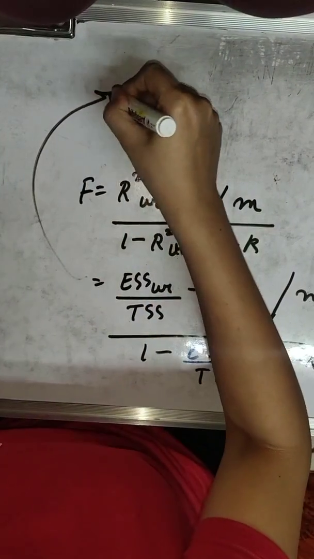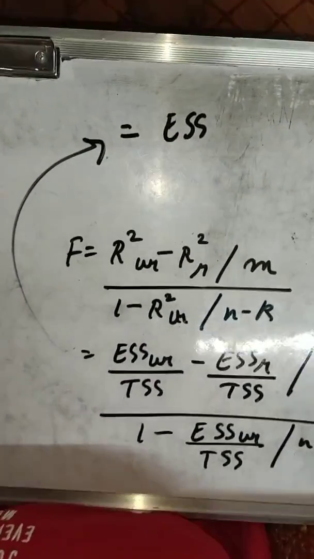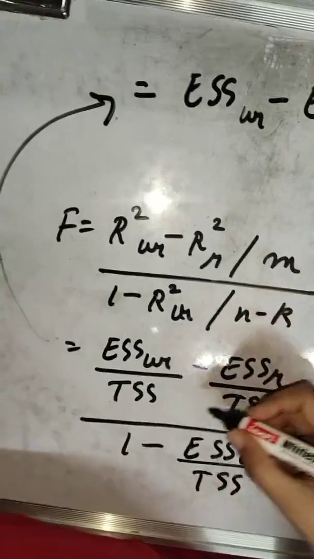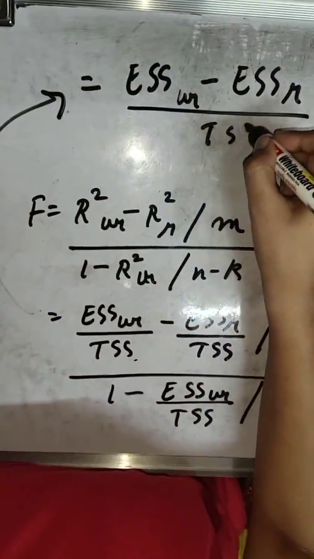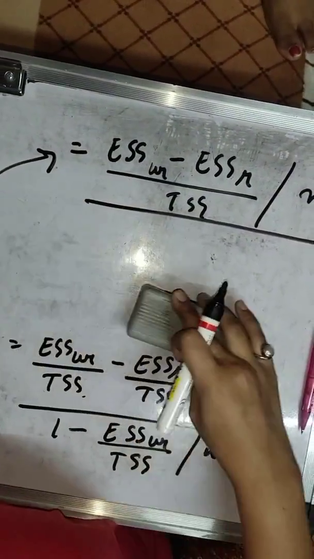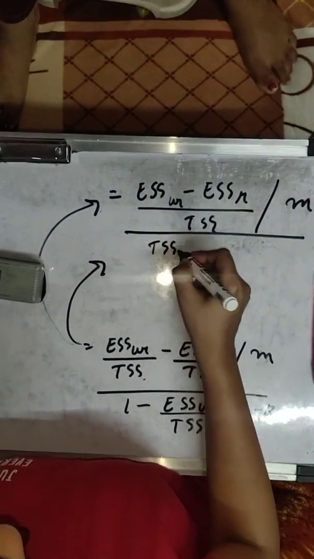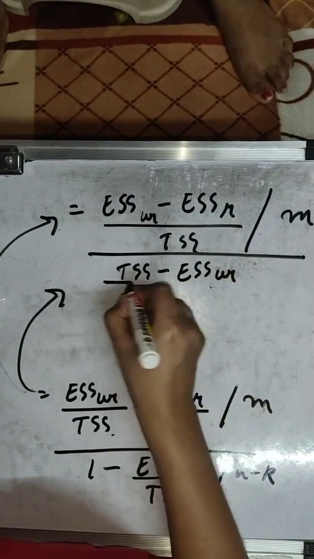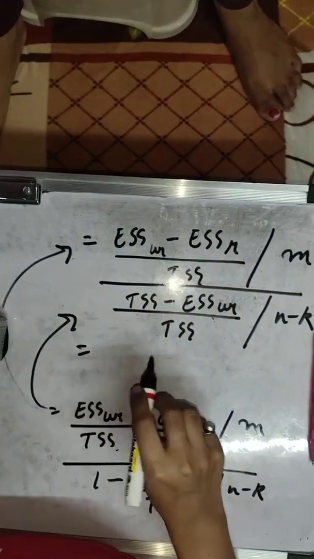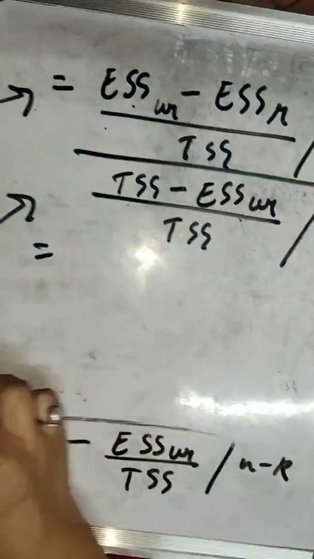This can be further written as ESS unrestricted minus ESS restricted, with TSS taken together, divided by M, upon, so this particular term becomes the denominator, TSS minus ESS unrestricted divided by TSS, upon N minus K. Now this can further be written as, ESS is nothing but TSS minus RSS. Agreed? So I'll modify this as